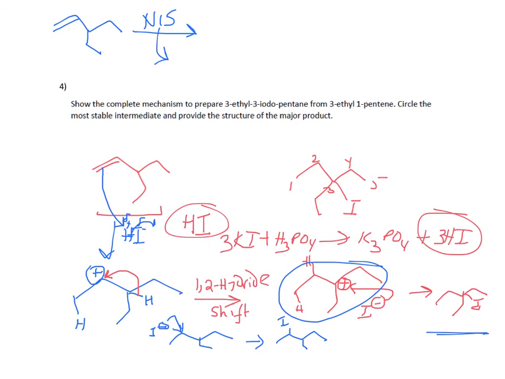The beauty of this reagent is that it reacts specifically at allylic positions. Allylic halogenation. So it is this position that was going to generate the free radical, and then the I is going to add